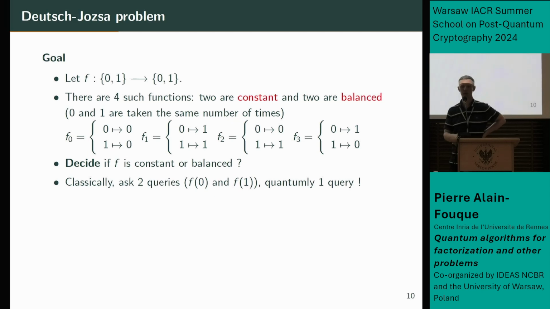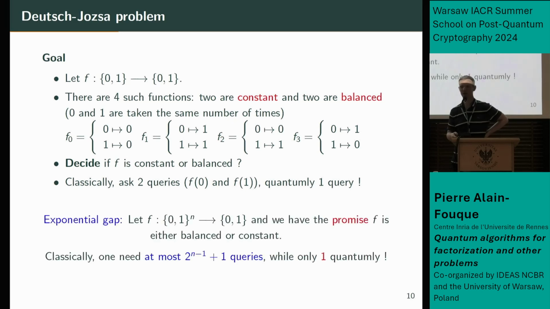Okay, so classically you can do this by asking what is the result of F(0) and what is the result of F(1). And so you compare. If they are the same, you answer that it is constant. If they are different, you say that it is balanced. But I will show you that you can do this using only one quantum query to the quantum circuit